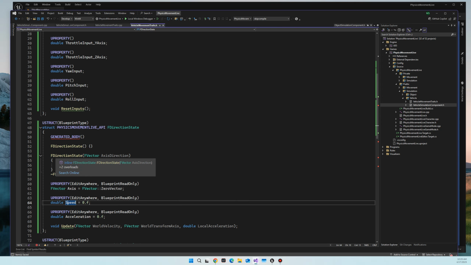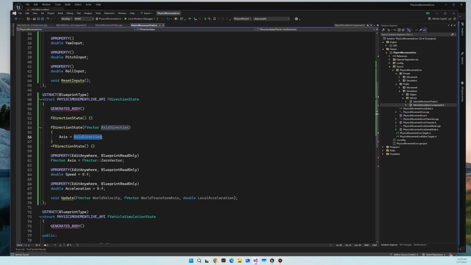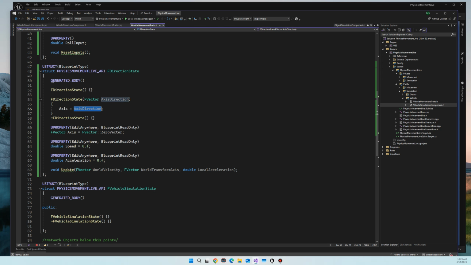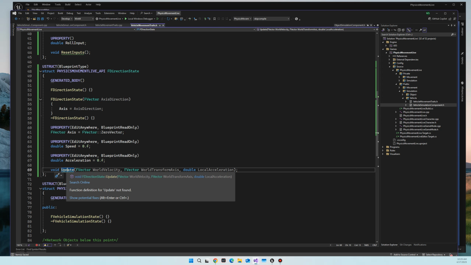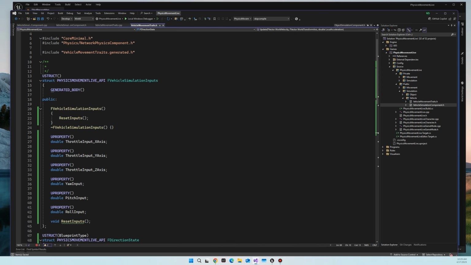And again, we've just got an overloaded constructor here, which is going to take the axis direction in and put that information in there. So we just set the axis on the constructor, and then we can provide it to update the data. And then we have an update function. This is information that's always going to be constantly updated, both on the game thread as well as on the physics thread, since we'll be working on 2 threads. All right, so now that we've got that done and we've got the inputs, I'm just going to go ahead